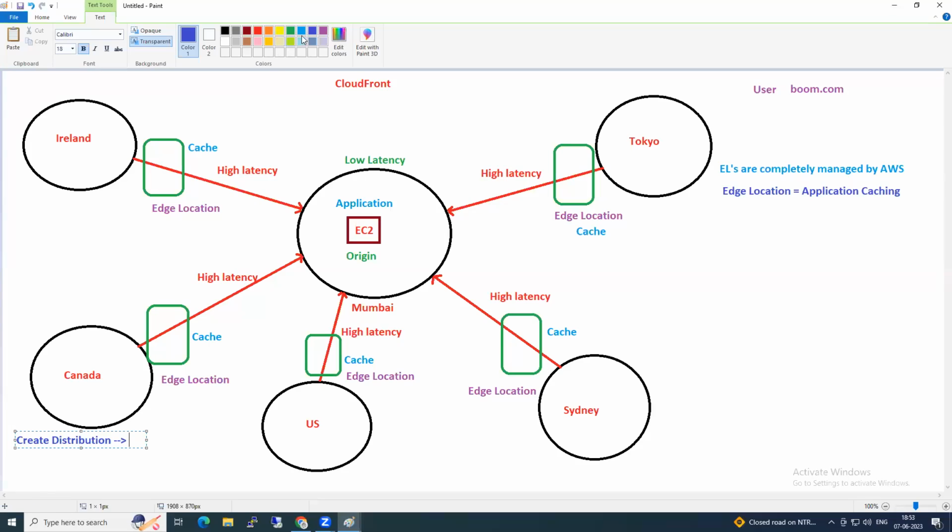So in CloudFront, for this distribution, you need to give where is your origin. Where is our origin? Mumbai. Origin is nothing but, can I call my ELB my origin? Obviously, where will your application be accessed? Through the load balancer only. So can I say origin is my ELB? Now tell me, which are the AWS services where I can deploy my application? One is EC2, meaning ELB. What are the other services where I can deploy my applications? One is Beanstalk. Very good.